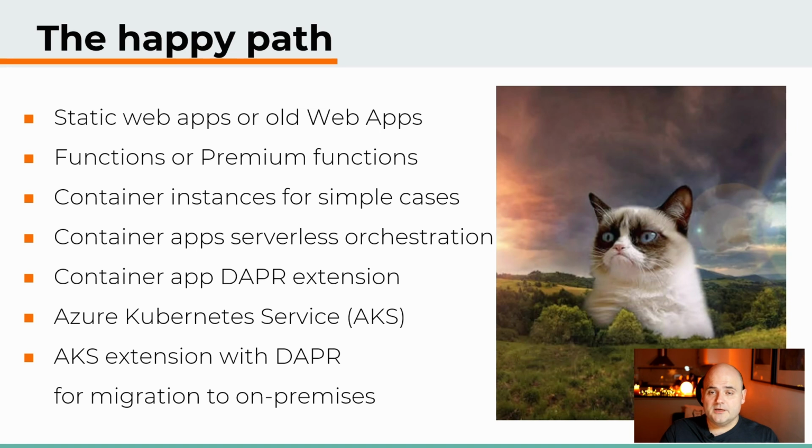Then, if your application continue to grow and you need more dependencies, you can abstract them with the DAPR framework. You can leverage the DAPR power by using DAPR extensions on the Azure Container Apps. They have slightly simplified manifest, but it's still doable, and it's super easy to start with the DAPR. And if you will switch to DAPR during usage of Azure Container Apps, it will be super easy to migrate to Azure Kubernetes Service in case you will need more fine-tuned configuration of the Kubernetes